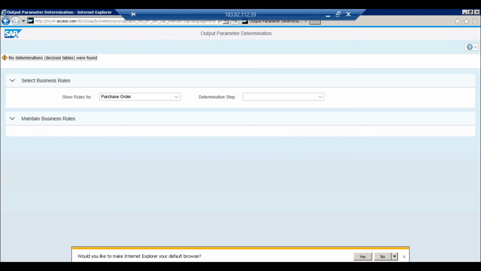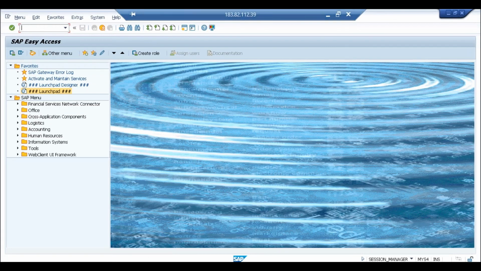Now let's understand what that transaction is. You need to go to BRF Plus, Business Rule Framework Plus. If you click enter, again this will get opened in the browser. So before you use the new output determination from BRF Plus, you need to upload the XML files which are required for new output determination. SAP has provided 3 XML files in one of the SAP notes. I will tell you the SAP note number. You need to download those 3 XML files and upload them into the BRF Plus screen. Only after uploading them will you be able to use the new output determination. You will not be able to configure until the upload files are available.